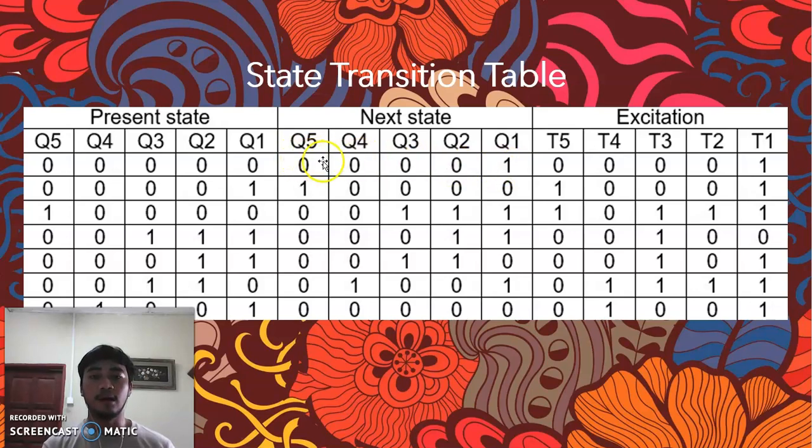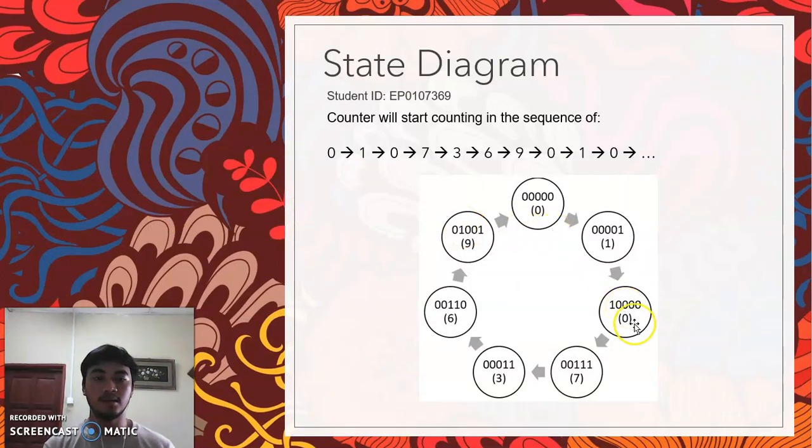Once we go from 0 to 1, now we are in the present state of 1. After 1, my student ID is 010, so it will move to the second 0, which I represent here. Second 0 is 10000.